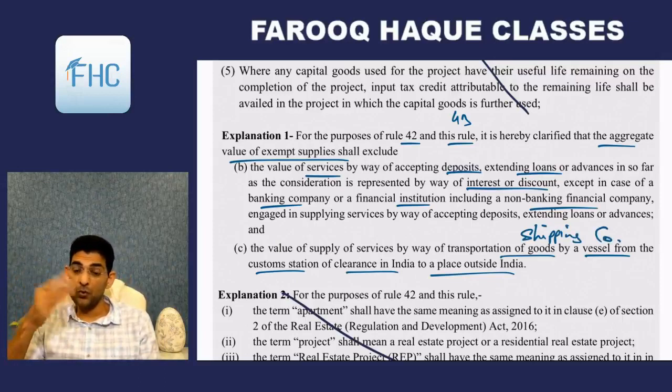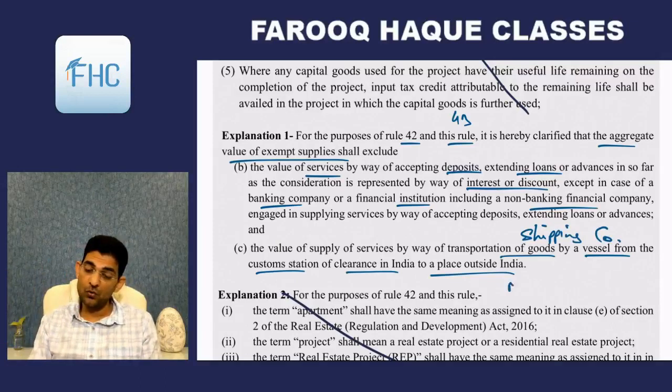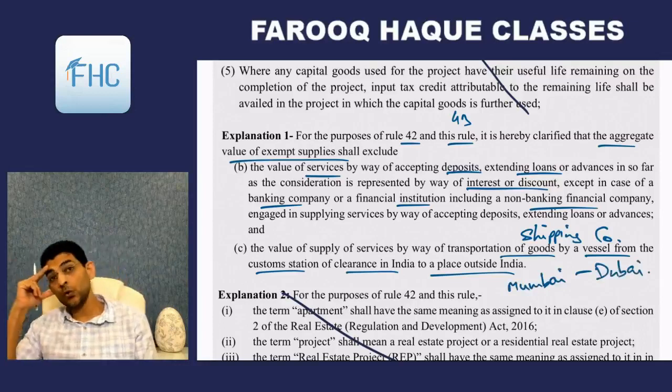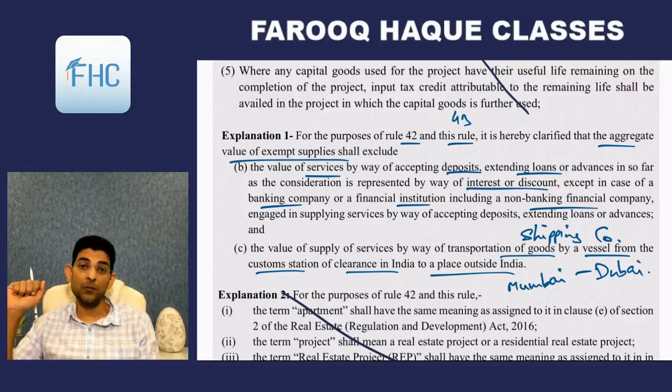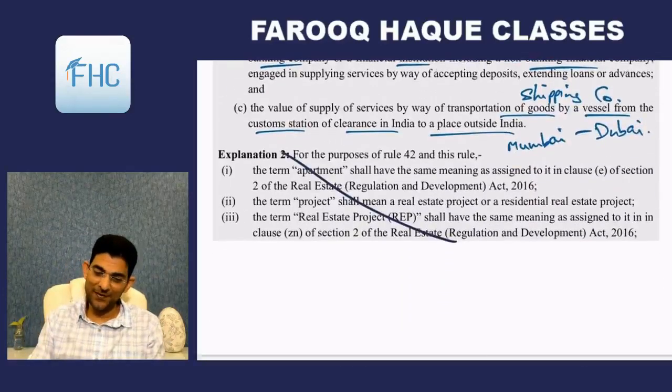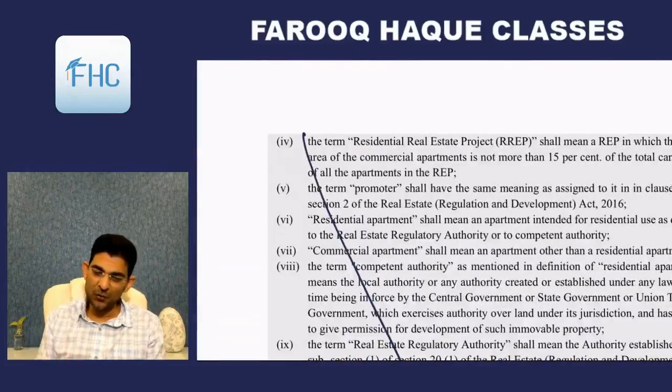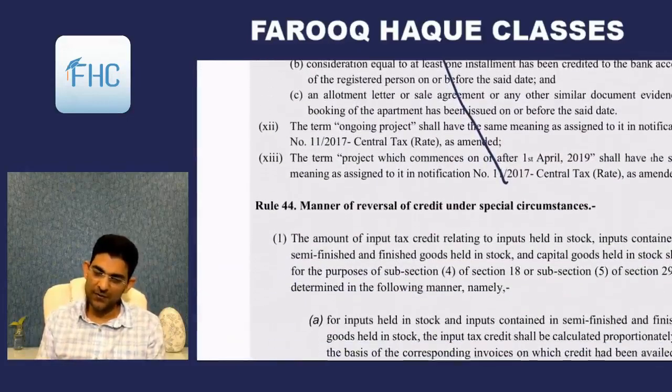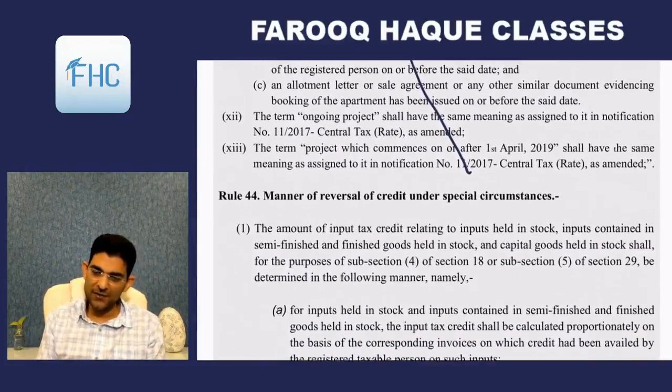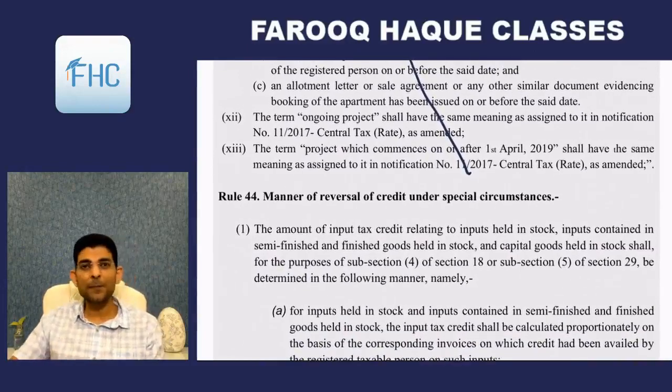So from Bombay port to, for example, Mumbai to Dubai. So though this is exempt, it will not be included in exempt turnover. Means there will be no reversal of credit to this extent. Simple. Then explanation 2 is to be cut off. That's it. So that was rule 43